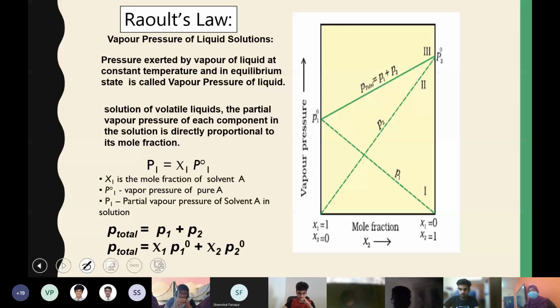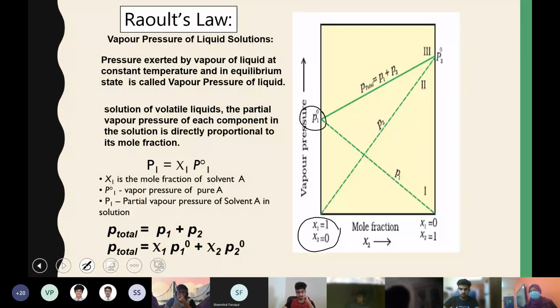So again, in the beginning, this is the condition. Chi1 equal to 1 means at the beginning you have only solvent. There is no solute; the solute concentration, that is its mole fraction, is taken as 0. It is only pure solvent, and at that condition the vapor pressure will be equal to the vapor pressure of the pure solvent. If you're taking water and in the beginning there is only water, the vapor pressure will be equal to the vapor pressure of water.